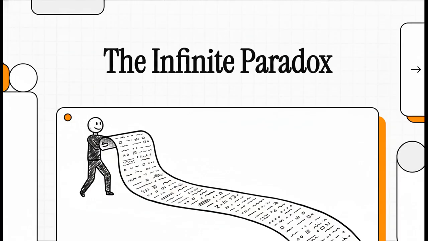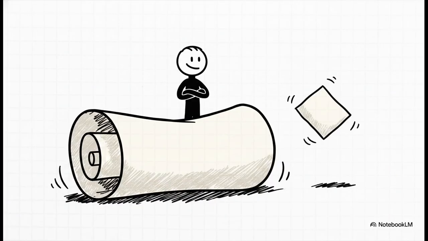Let's just picture this. Imagine a stick figure unfurling a massive, infinitely long scroll of paper. On this paper is a list filled with random decimal numbers, just stretching on forever and ever. I want you to really picture holding this infinite list. Think of it as a physical, incredibly heavy object. You're standing there, arms crossed, proudly looking at your scroll, and you believe with 100% certainty that your list is absolutely, completely finished. You've got them all.